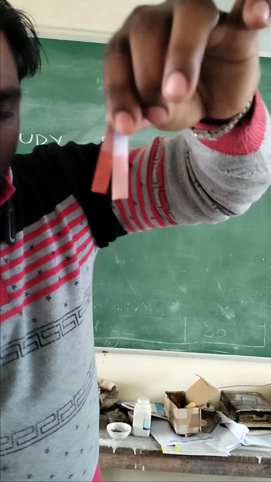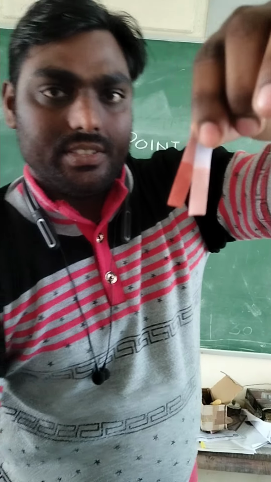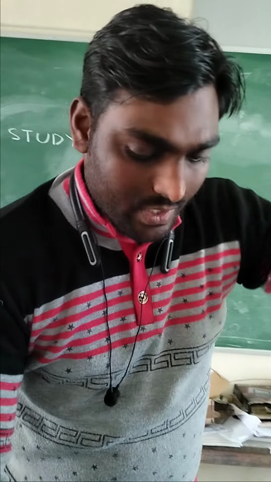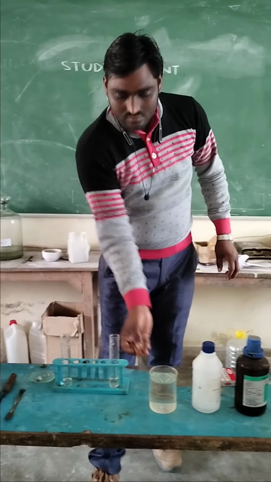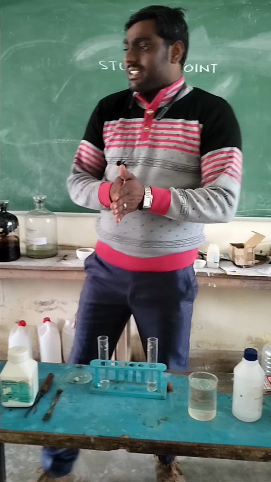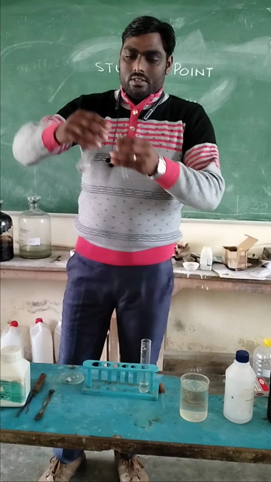It indicates that acetic acid is acidic in nature. So in this way we can distinguish between the two given compounds, one is acidic in nature while the other is neutral in nature. Now again, in the second step we are going to perform the reaction of alcohol as well as acetic acid with sodium metal.